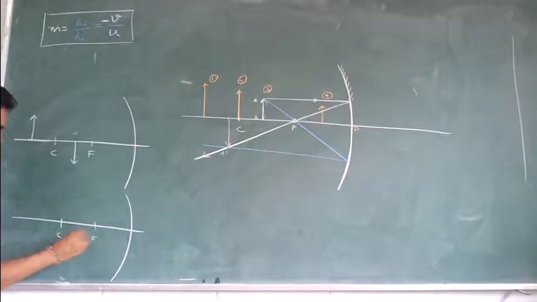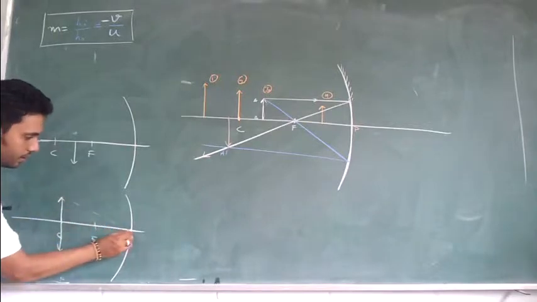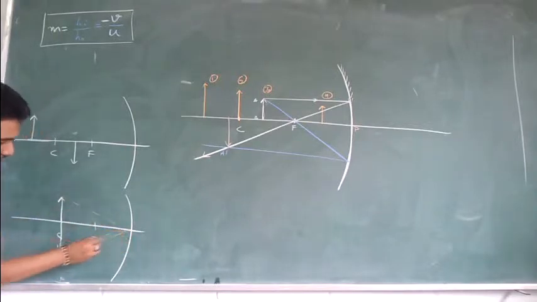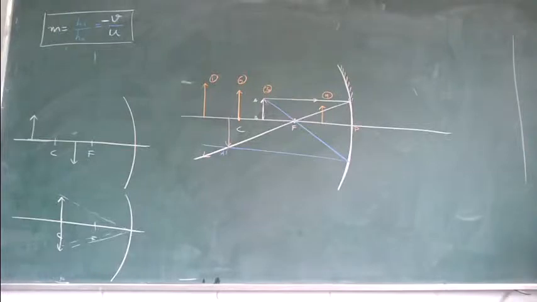And then C and F, if you are at C, where do you get? At C, which will be bigger, the image or the object? Same size, because they are the same distance from the mirror. In fact, this triangle would be not only similar but also congruent this time, right? What we are observing is, look here very carefully.